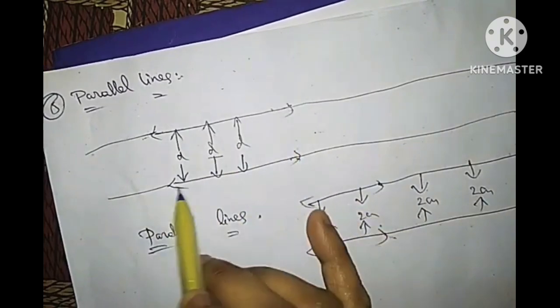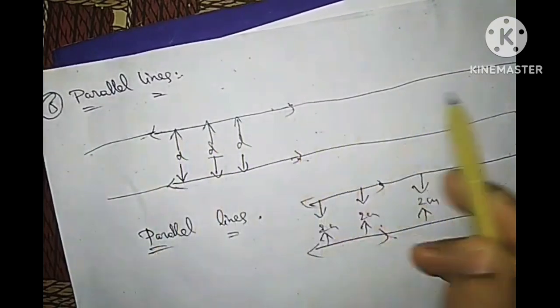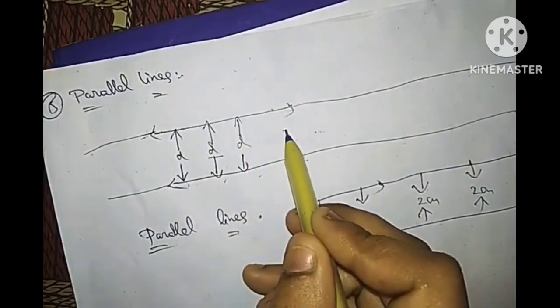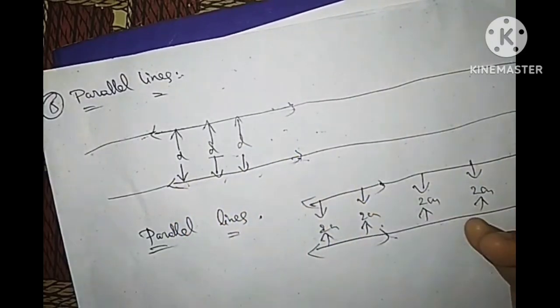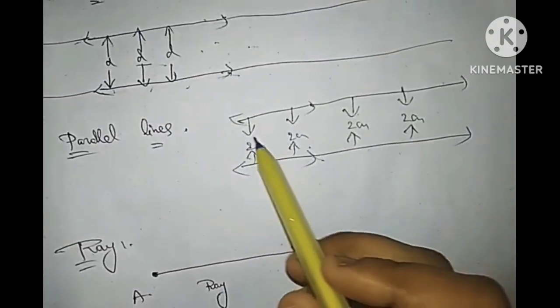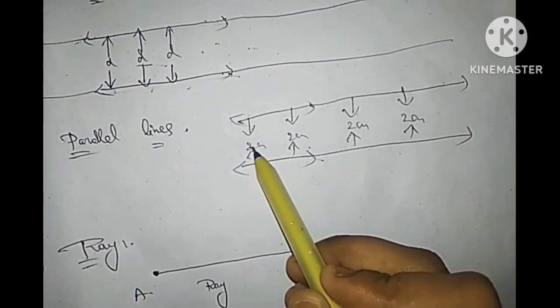If this is one line, this is another line. These both go up to infinity, but they will maintain a particular distance between them. This distance will be the same up to infinity also. For example, here, if the distance between these two lines is 2